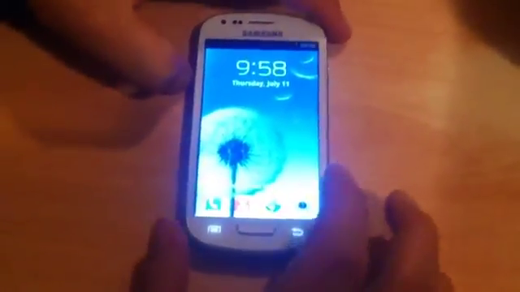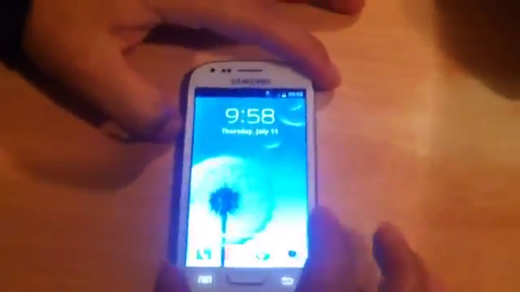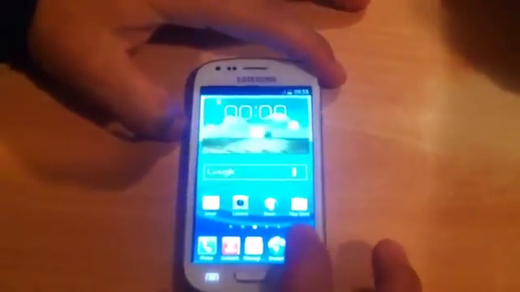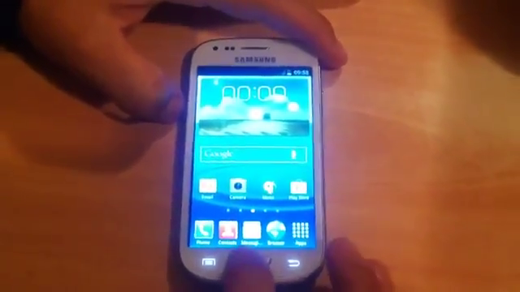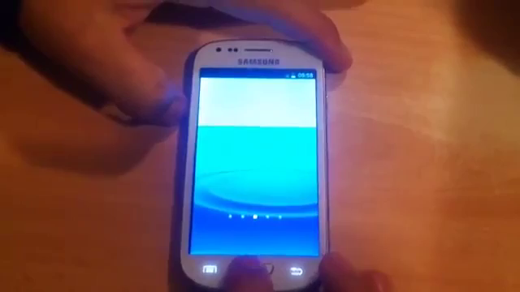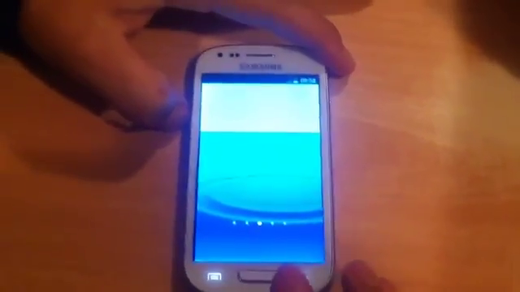Okay, as you can see now, I don't need to give a pattern or password etc. Now my phone is completely unlocked, and that's it.